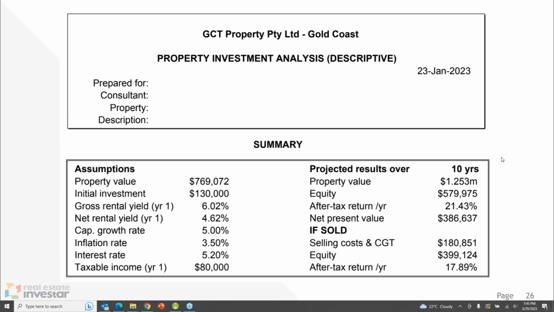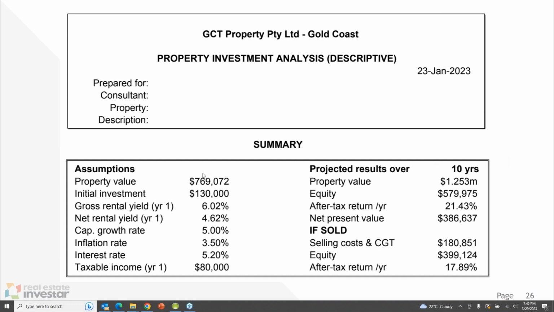So the next question is cash flow. As I mentioned at the start of the presentation, when you're buying an investment property and you're going to put tenants in place, it's really important to understand the cash flow, especially if you're new to property investment. Getting the numbers right and understanding how much that property is going to pay us or cost us per week is really, really critical. So I've done a cash flow forecast based on that particular property using some generic numbers.